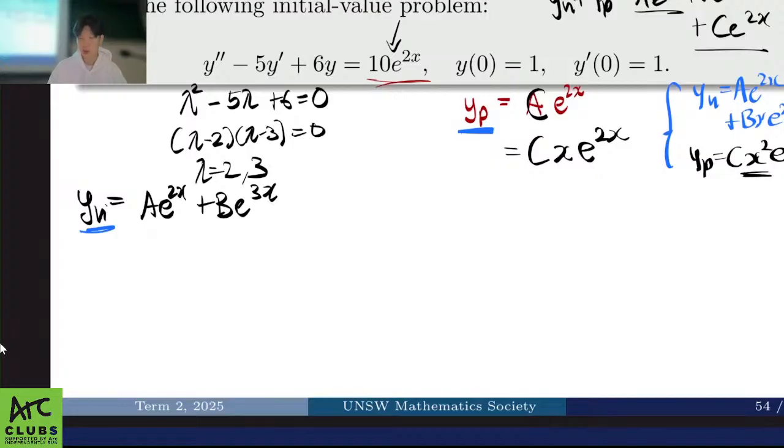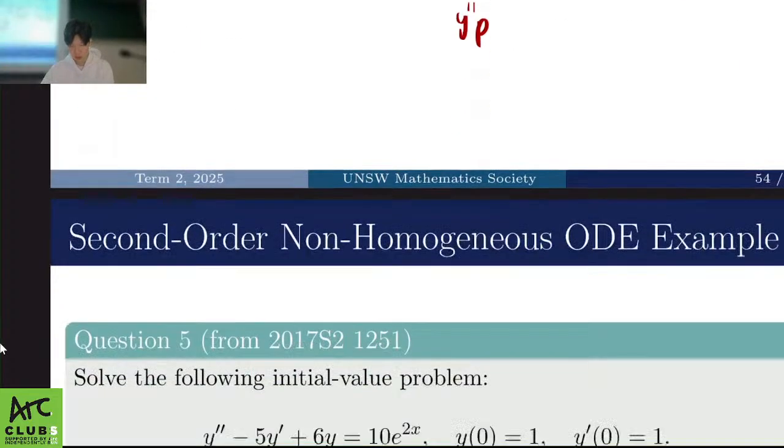So I'm going to keep multiplying by x until my particular solution is different to the homogeneous one. So after getting a guess, what we do is we find y' of p and y'' of the particular solution. We substitute it back into this formula. So what that looks like is,